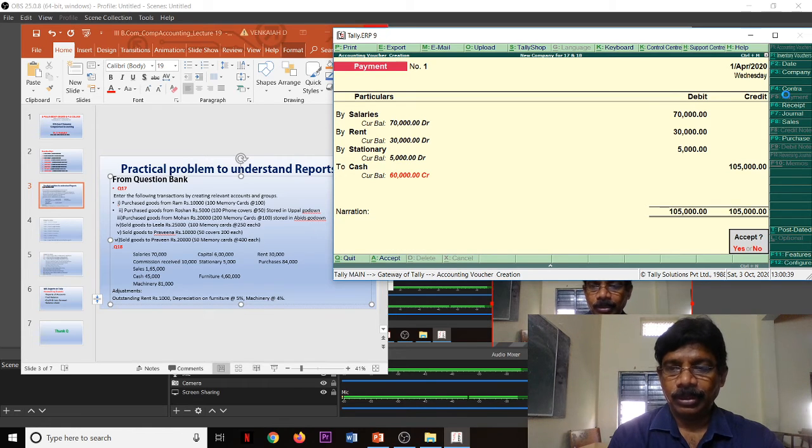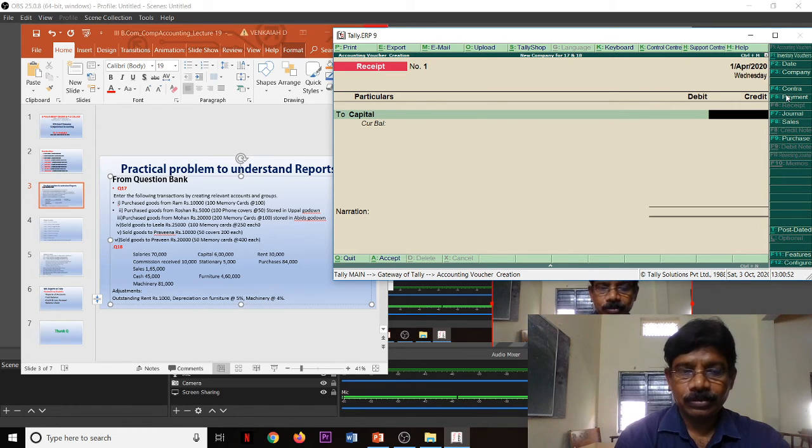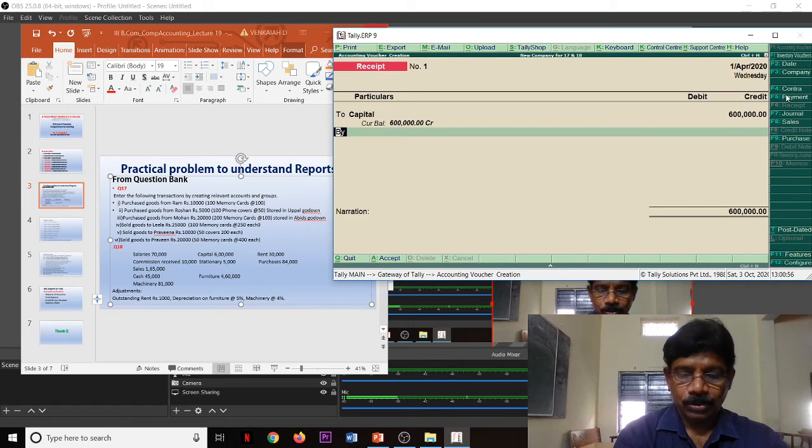Okay, accept it. Then receipt voucher. Capital is received, so cash account data to capital account, F6. Capital amount is 6 lakhs. Again I can take commission.